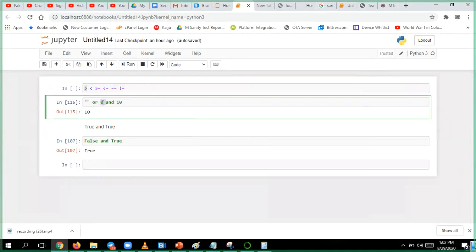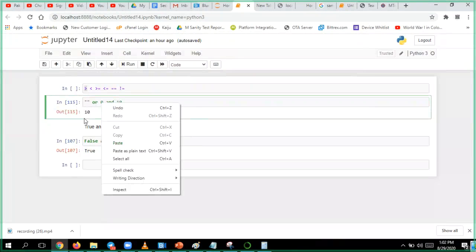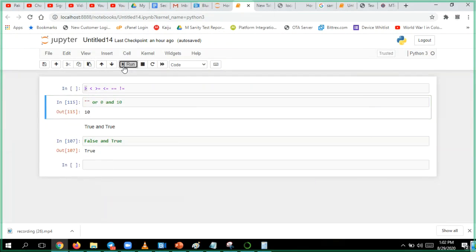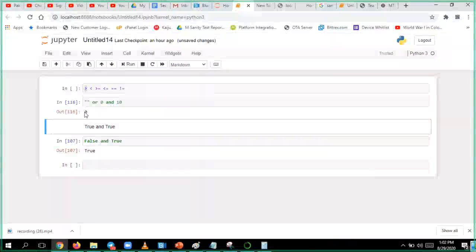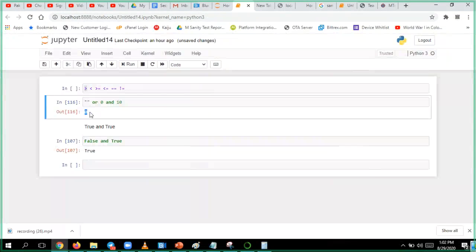False and true. The first one itself is false, so I will give you this value as output, 0. First this will check. Then what did I get? If I have this, I will get 0 as response, correct, right?